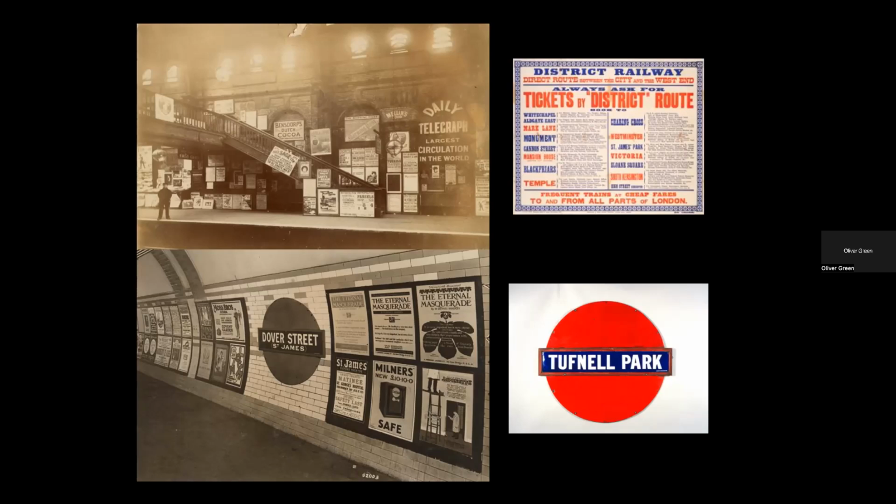It's not just about advertising shoe polish or whatever else on the underground system. It's really running a communication which helps people who are running on the underground and helps passengers to see where they were. One of the first things that they introduced was the roundel, or the first beginnings of the roundel. The picture on the left is Dover Street Station, which no longer exists, actually, it's part of Green Park Station. That was one of the first stations that used the new